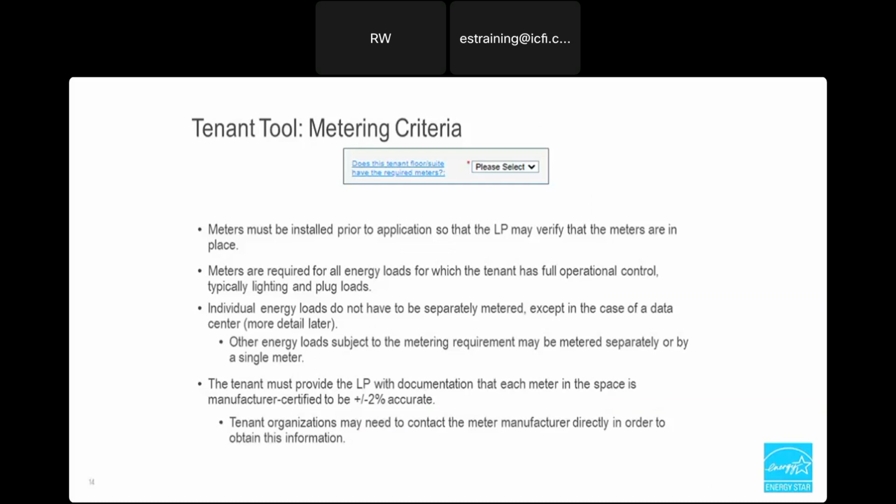So, tenant tool metering criteria. An accurate measurement of energy use is critical to good energy management. Having meters in place to measure and track energy use in the tenant space will allow the applicant to establish an energy baseline and measure progress in reducing energy over time, and ultimately to determine how efficient the space is